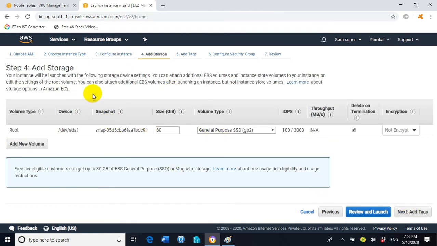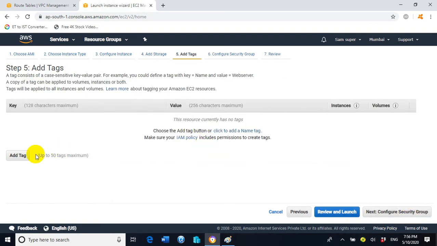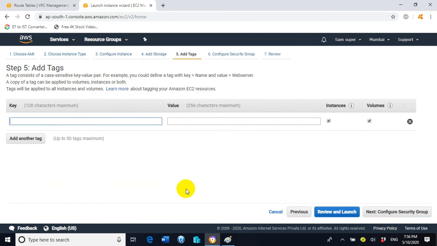We have no need to modify anything inside the storage step. Now click on next again. Click on add tag, and under the key type name. This is wizard step number 5. Here we need to assign the name of the EC2 instance.